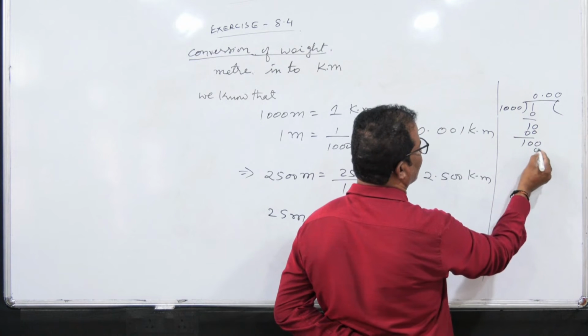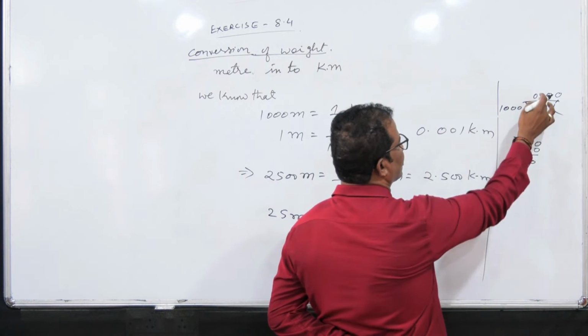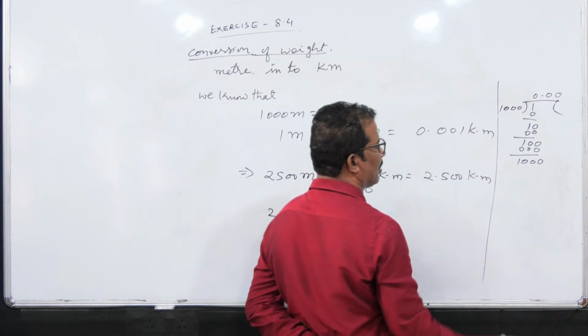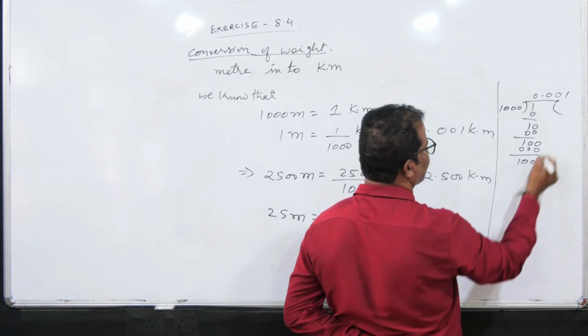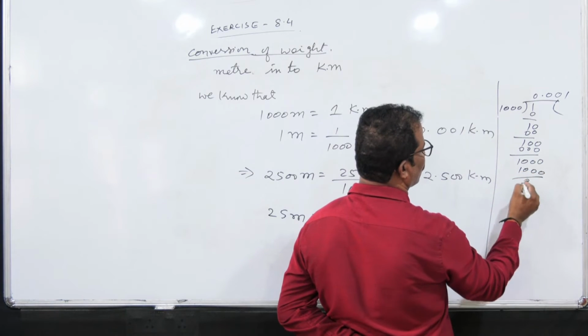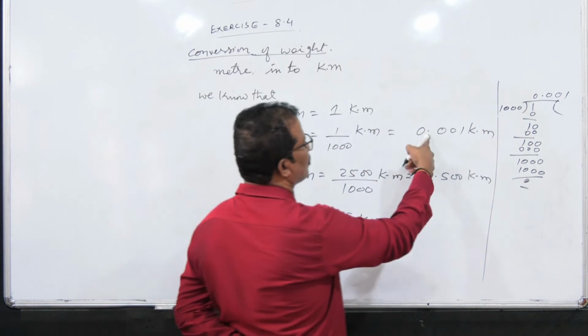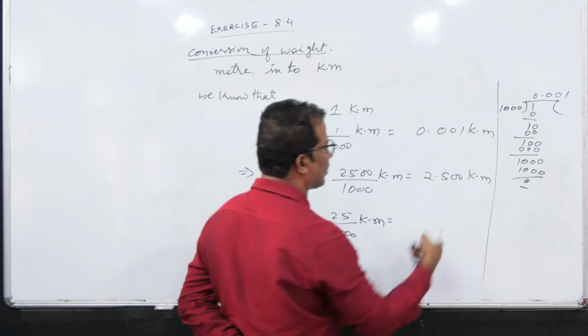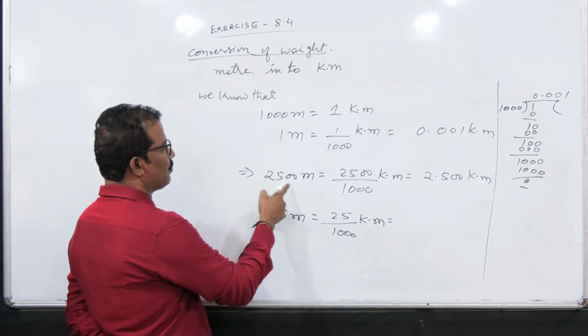Again we can do by 0 times. Again still it is 100. For this point again we can add one more 0 here. Now it is 1000, and it is also 1000. How much are 1000? 1000 ones are 1000 only. So the decimal conversion of 1 by 1000 is equal to 0.001 kilometer. Understand all of you? So see in this 2500 meters.